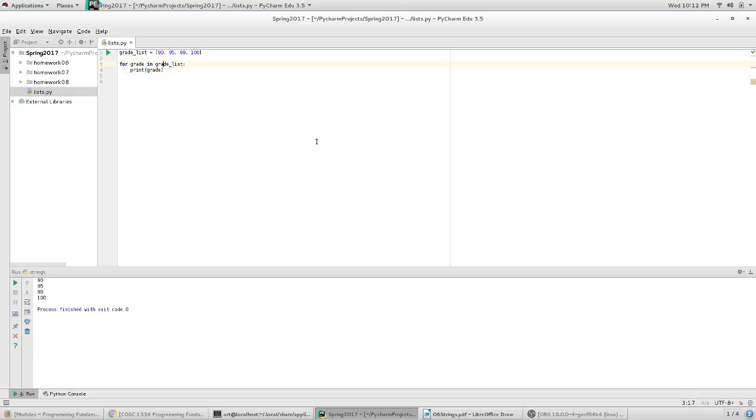We can also iterate a list with a while loop, while index less than, and of course, just like the string length function, there's a length function for list. We do len(grade_list), print the grade_list of the current index, and we have to increment